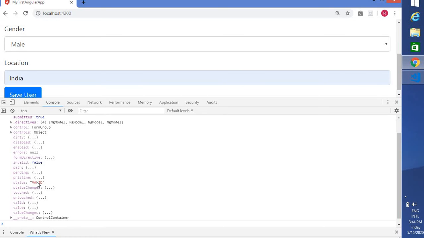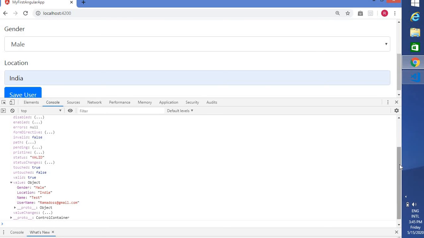I'm just going through the things which are really required. Let's go to touched, whether this particular form is touched or not. Touched equals false, it's untouched. And it's valid, yes, it's valid. And what is the value? So this is the value of that particular form. Okay, now you've got a clear idea about how we can apply a validation here. If you want to explore more properties, first you don't apply any validation. First you log that ngForm, the form group of controls, and just see what properties come up. Based on that you can design what you need to do.